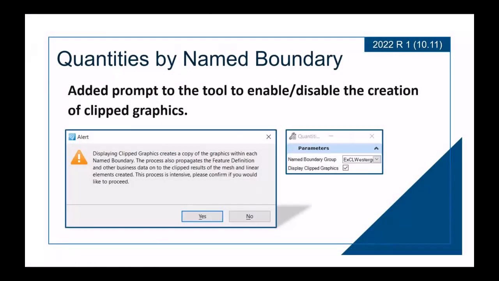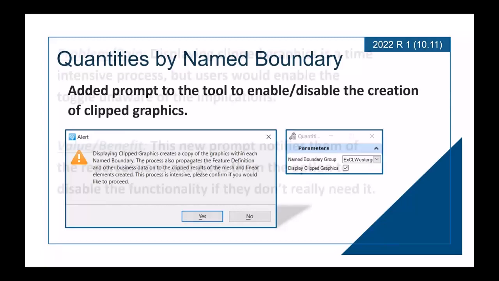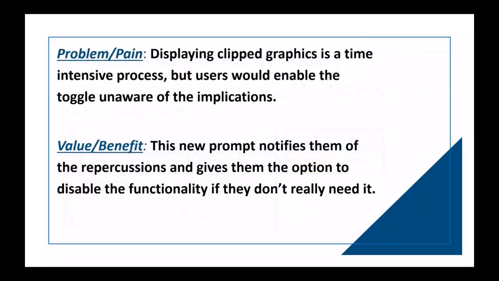Quantities by name boundary, we added a prompt to the tool to enable or disable the creation of clipped graphics. Why did we do this? Well, the problem is when you create clip graphics, it's a fairly time-intensive process. And a lot of times users would just enable the toggle, not really knowing the implications that it's going to